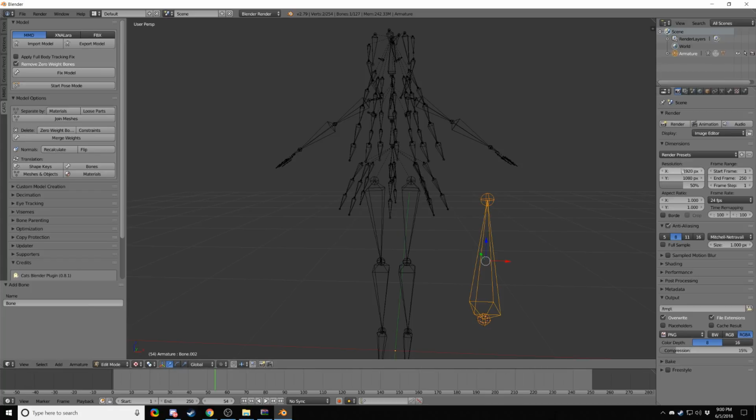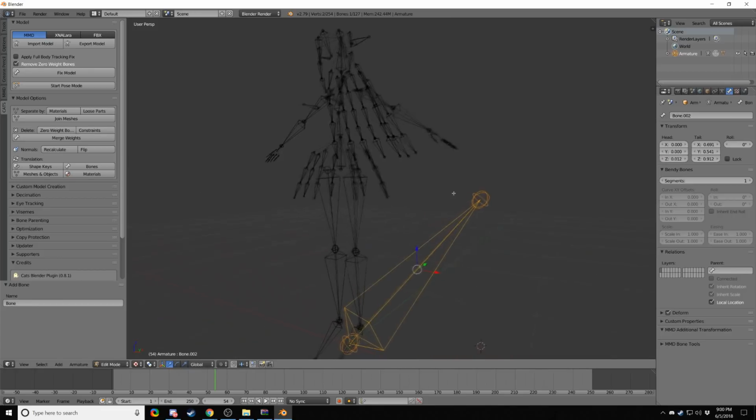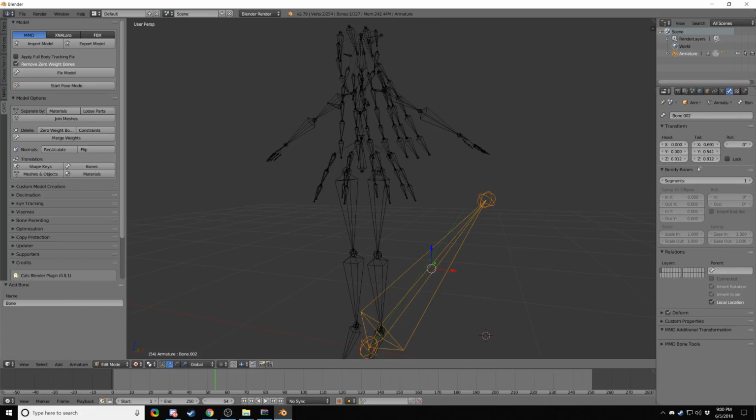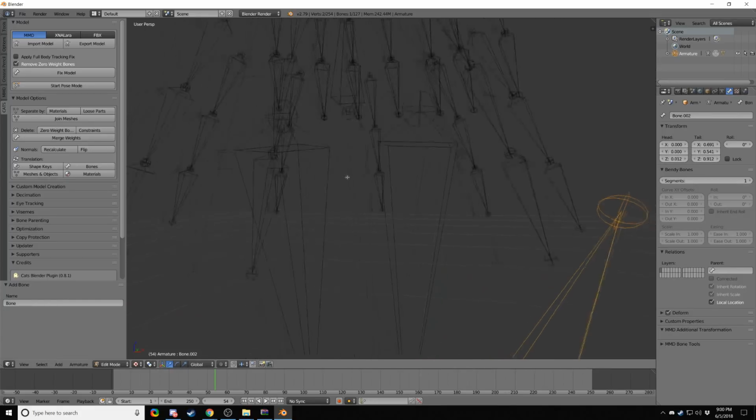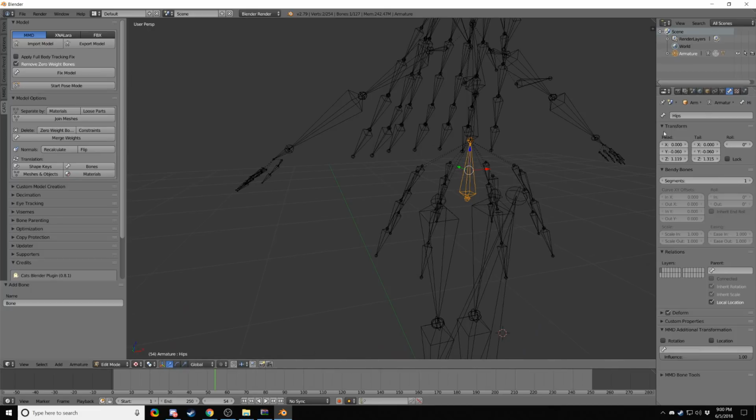Click on the bone, and then you want to go ahead and go to the upper right corner. You'll see a little icon. It looks like a bone. Click on that, and then you want to change the X, Y, and Z of the head all to 0. And then you're going to go ahead and change the tail to the head of the hip, which you come around here, right click on the lowest bone